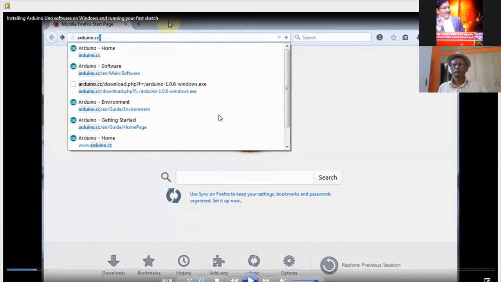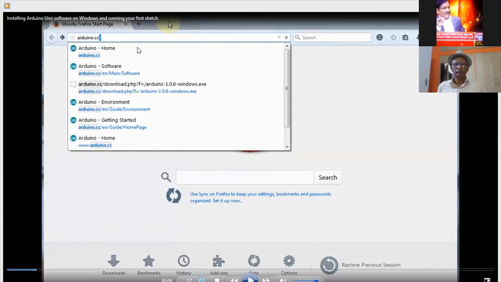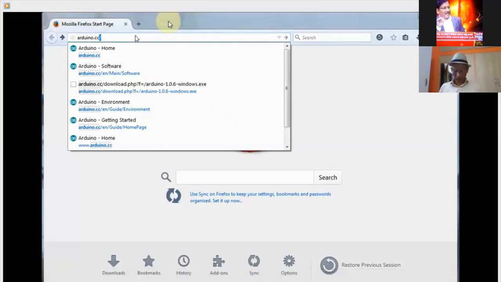Please carefully see this video. It shows how you are going to download the Arduino software and how the first time you connect the Arduino board to the PC or the laptop. You can go to the browser, any browser. Usually Chrome is the popular one. You can just type Arduino.com, and from there just follow the steps shown in the video.